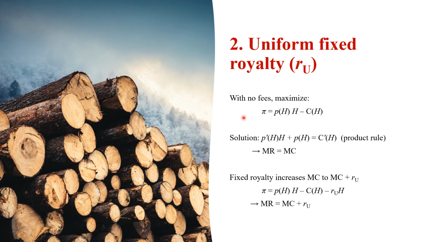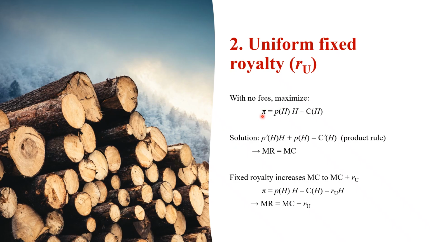The second type of method for determining the amount of rent to collect is a fixed uniform royalty. So we charge the same amount on every cubic meter of timber removed by the concessionaire from the forest. With no fees, the